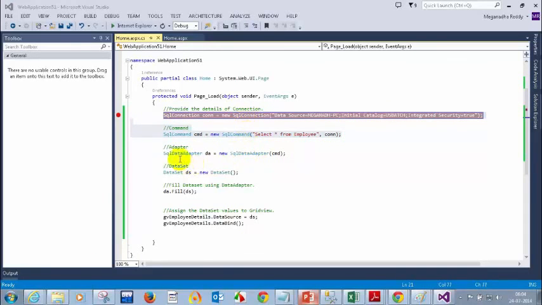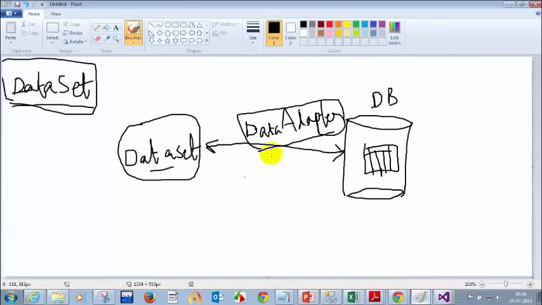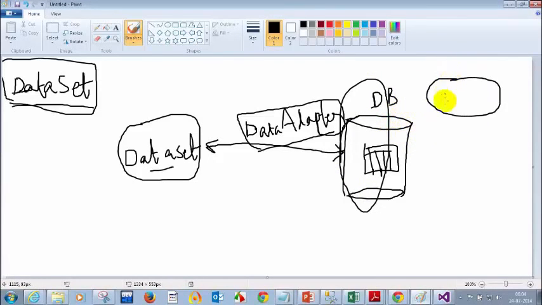After that, as I told you, we have to use a data adapter to fill the dataset. You have to tell the data adapter which database you want to connect to. All these database details we have in connection and command. In connection we have which server and which database to connect, and in command we have which table to pick.